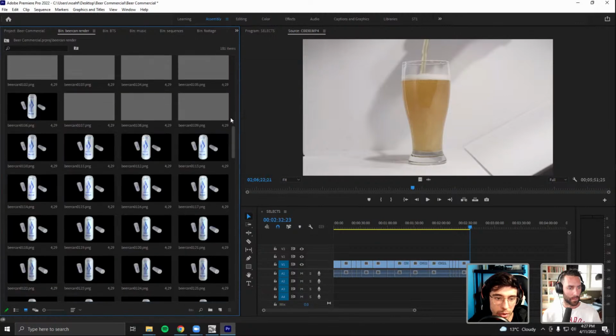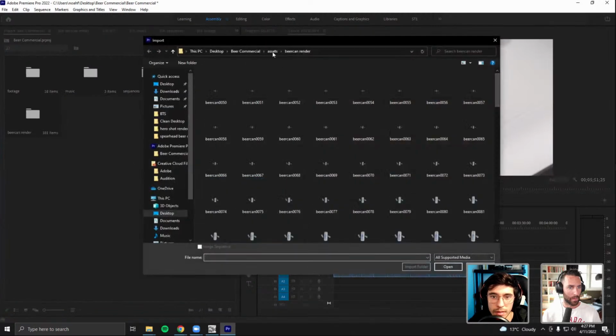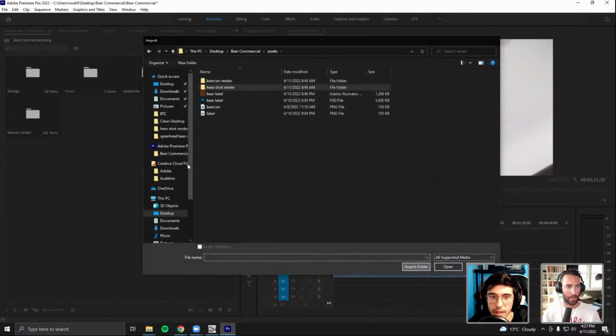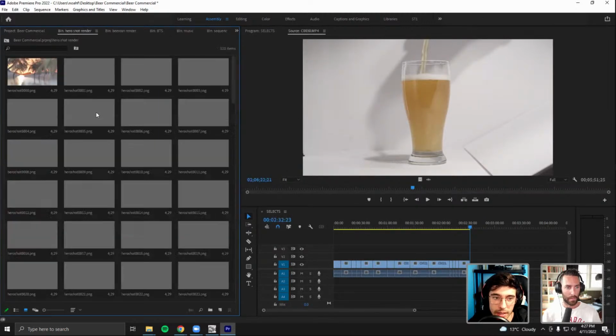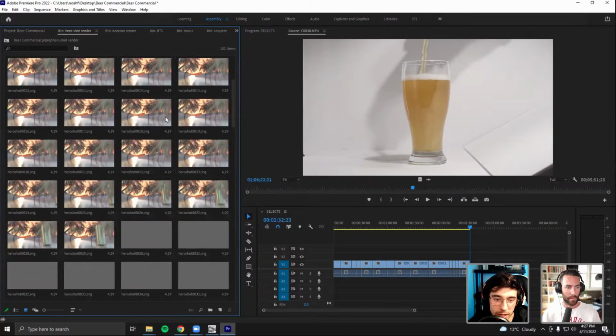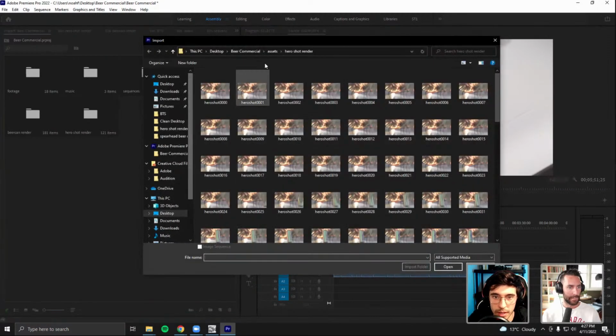How many of these did it import? Oh yeah, okay. So we have that one, and then we have the hero shot right here. So this is the thing. I wanted to make it more abstract and do something interesting with it. So here, let's see. Oh no, I didn't import that properly. Hang on. Let me try to import this again because there is one thing that I need to do.